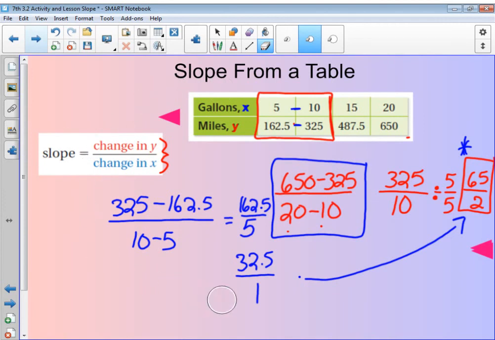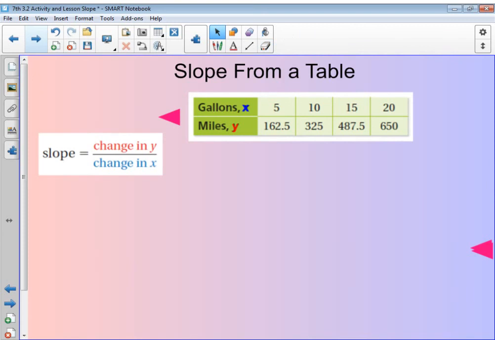So the key thing to remember on the table is it's set up backwards. You have to remember whatever's on the bottom, because that's your y's, that's going to become the top of your fraction. Okay? Okay, so the other